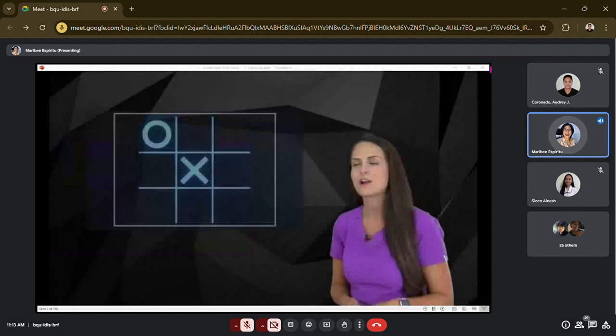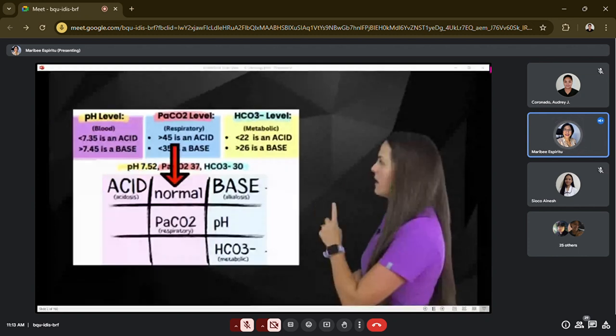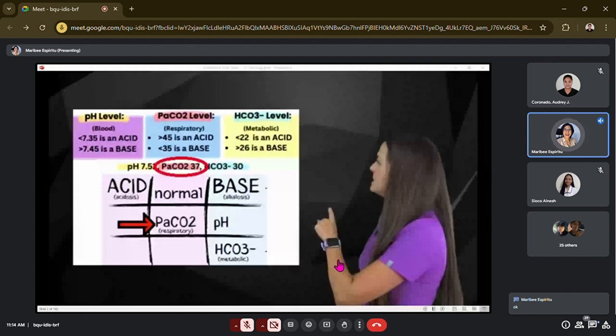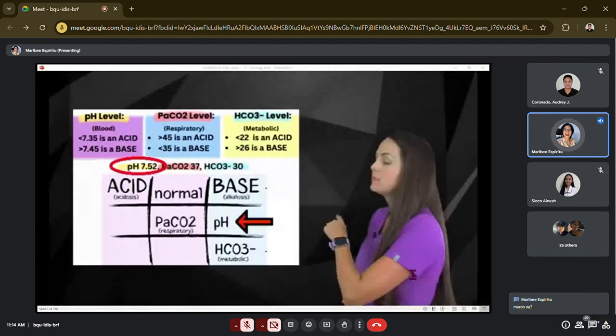So you have acid all the way to the left, and then you have normal in the middle, and then you have base all the way at the right. And then we've plugged in our arterial blood gas results. So we've had to interpret them. So we plugged in the PaCO2, that represents the respiratory system. We figured out that that was normal, so we put it under the normal column. Then we looked at the pH, and it is basic, so we put that under the basic column. And then the HCO3 was basic, which represents